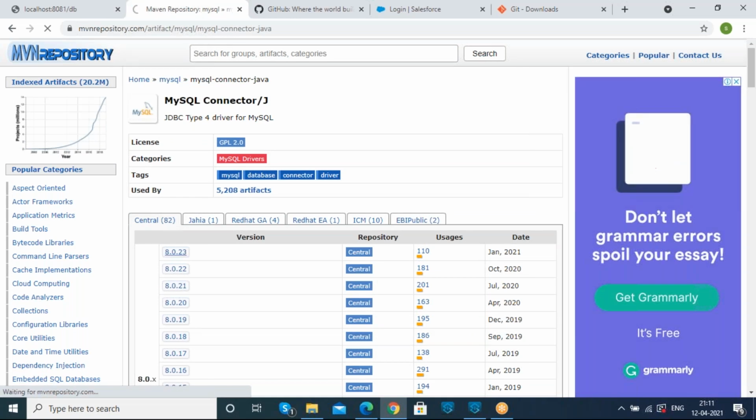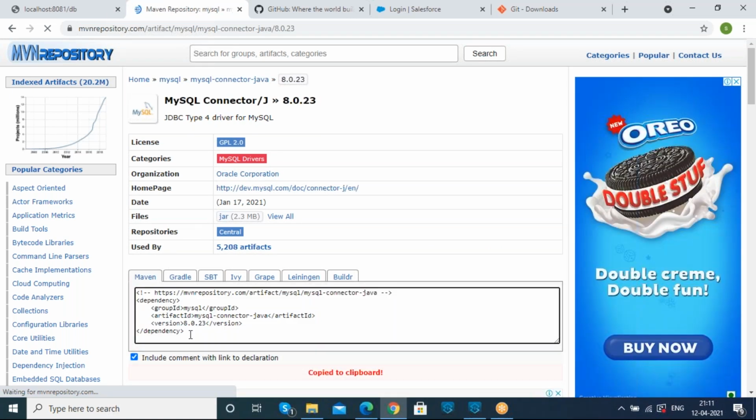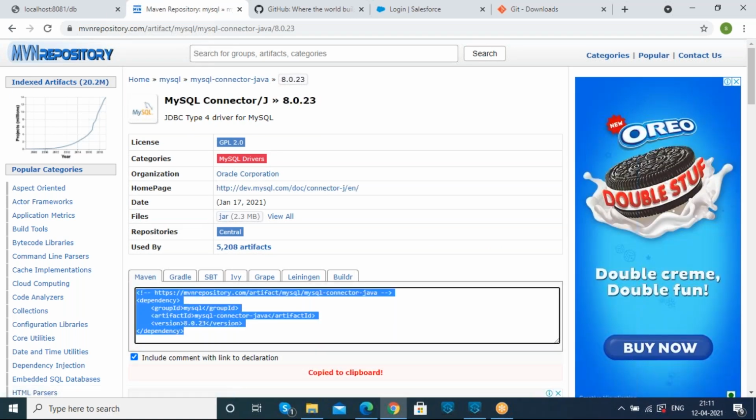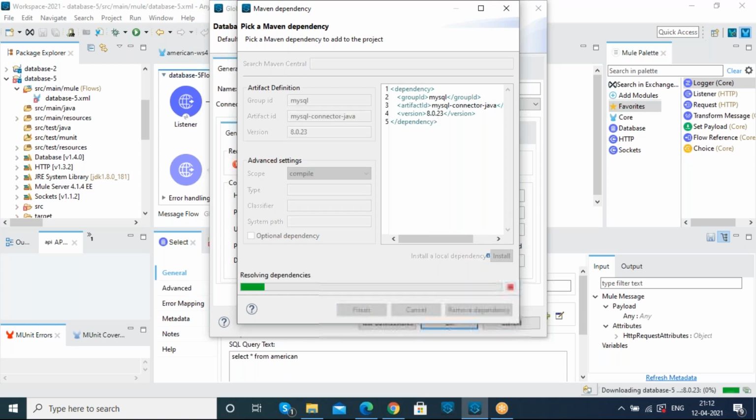If the default version is not working for you, you can pick another version, copy it here and paste it. If you want to change the version, you can. If I click on the finish tab, it will be applied.